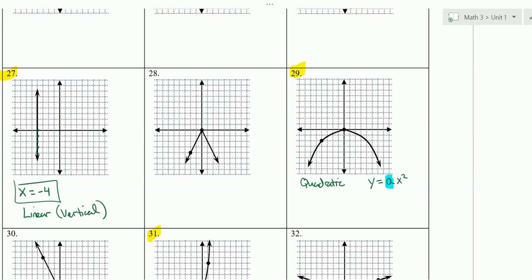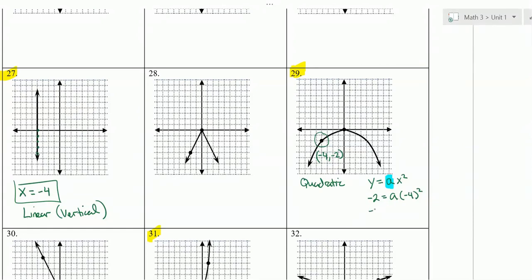To find that, use a point that's not at the vertex. So I'm going to use this point here. The vertex won't be helpful. If I plug in 0, 0, it won't help me find a. And you could try it, and you'll see why it's not helpful. But pick a point that's not on the vertex. So that we have the point, what's this, negative 1, 2, 3, 4. So negative 4, negative 2. So I'm going to plug in negative 2 for y and negative 4 for x